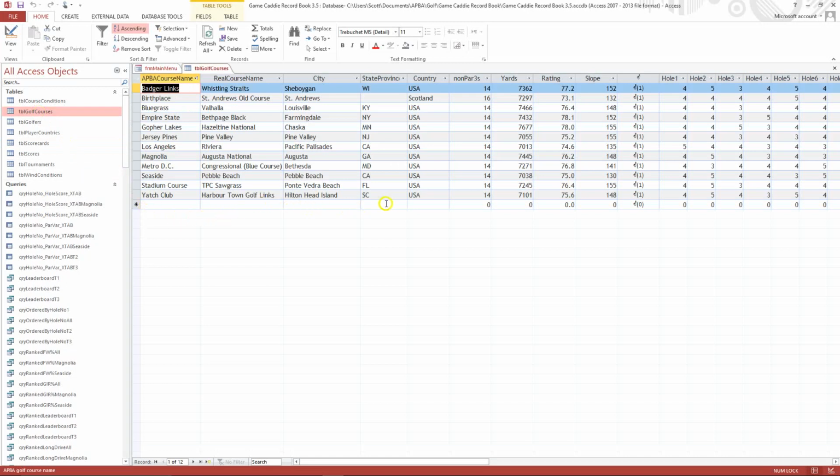Now these are the golf courses that come with the Game Caddie Record Book 3.5. And as long as you're playing one of these courses, there's nothing that you need to do. But if you want to add a course that's not on this list, then in addition to adding in the information down here, or copy and pasting, as we've already described, what you're going to need to do is to edit